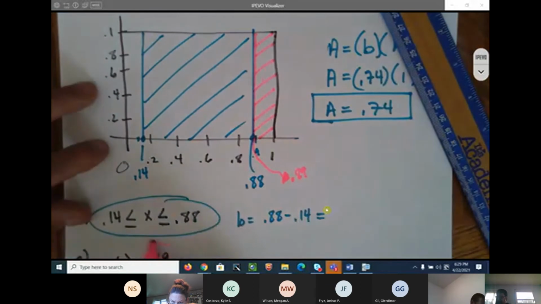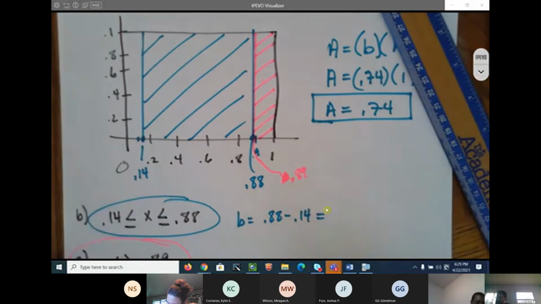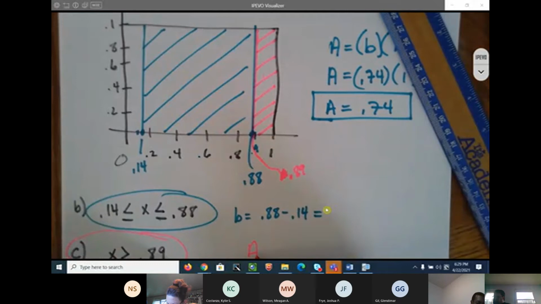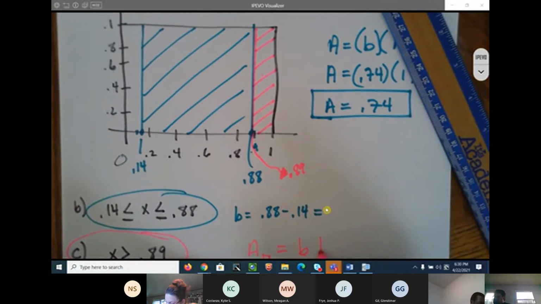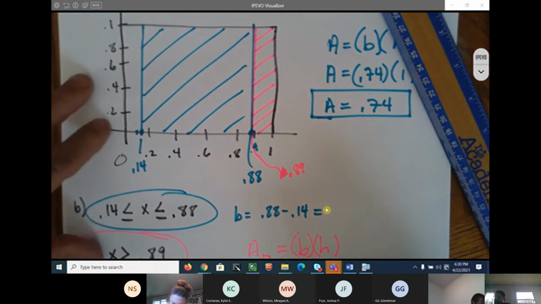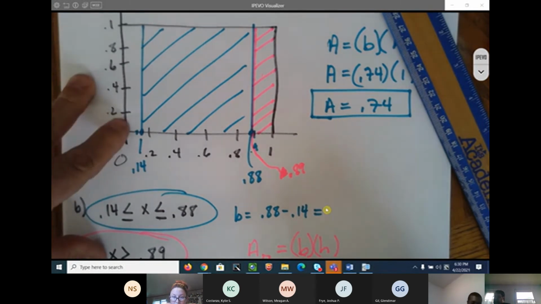So, area of the pink rectangle is equal to base times height. And somebody tell me what the base is. 1 minus what? 0.89. Somebody tell me what that is. 0.11. And the height is 1. Yeah. So therefore,